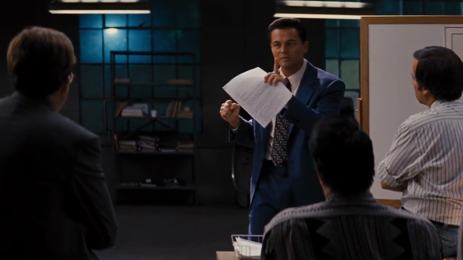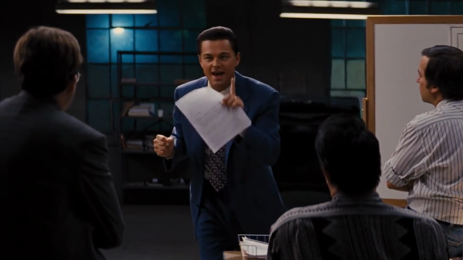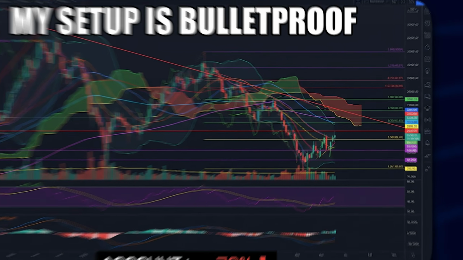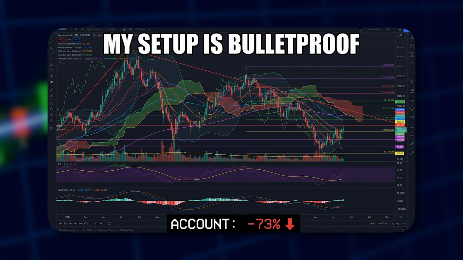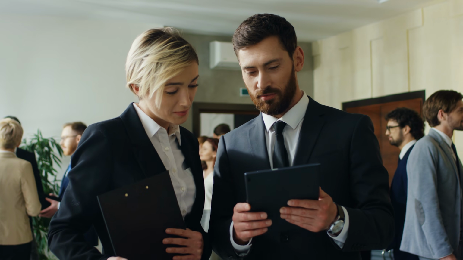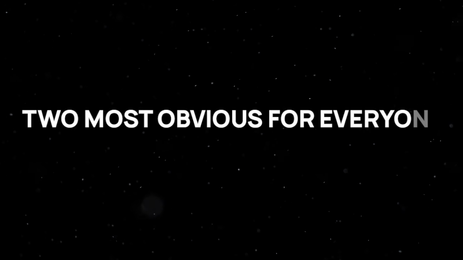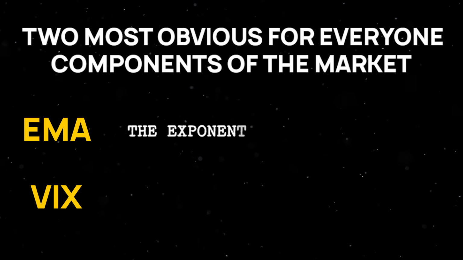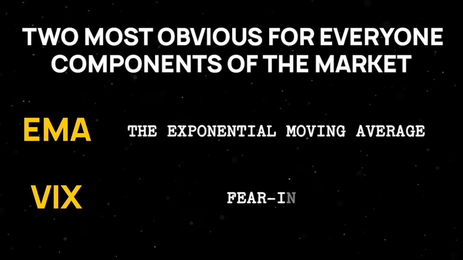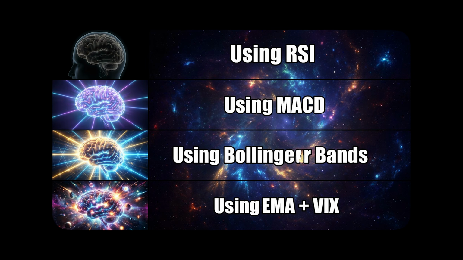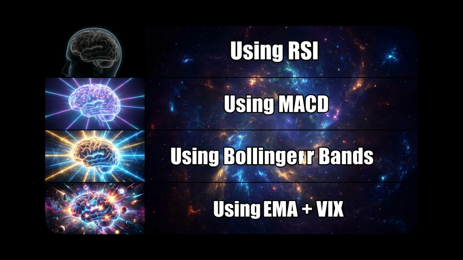Okay, so here's the deal. Most traders have 17 indicators on their chart. RSI, MACD, Bollinger Bands, Ichimoku clouds. It looks like a Christmas tree. And you know what? They're still losing money. Meanwhile, the pros on Wall Street are watching just 2 things, the 2 most obvious components of the market. The EMA and VIX, the exponential moving average, the EMA, and the VIX, the so-called fear index. That's it. And today I'm going to show you why this combination is basically a cheat code for catching market